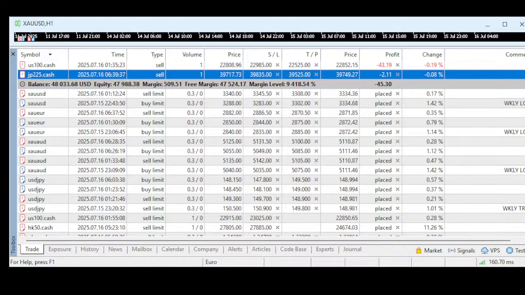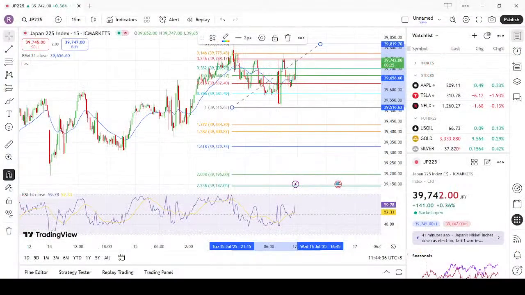So we just have to wait for the order to get filled. Once the order is filled, we will see whether we want to hold the trade or whether we want to close the trade. The reason why we are